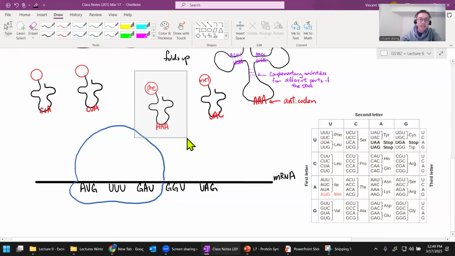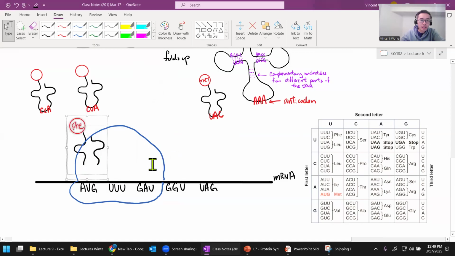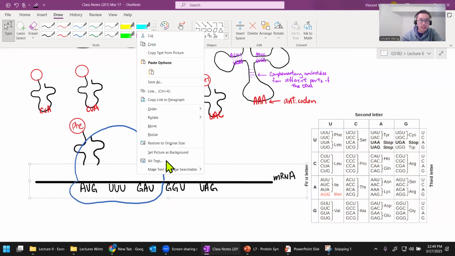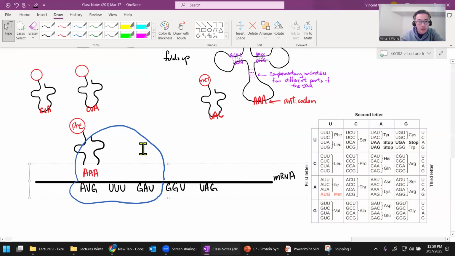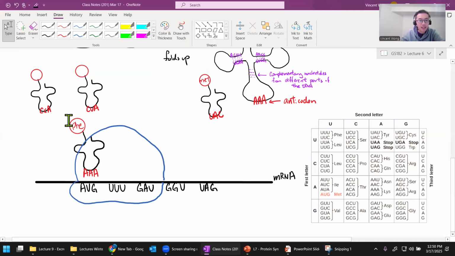So let's say this one is going to try to come over here. Okay, this tRNA is going to bring the amino acid over here, and it is not showing up because this guy is in the way. Let me see if I can move this to the back, order, send to the back. There we go. Send all the way to the back. Can I do that? Order, send to the back. There we go. Yeah. So the tRNA is going to come over, and it's going to try to put it over here,